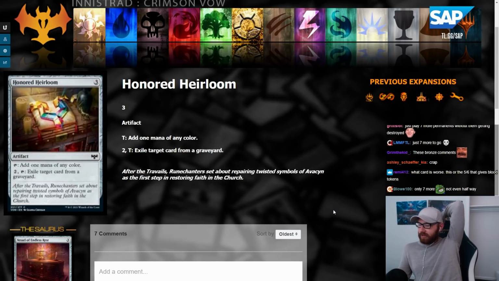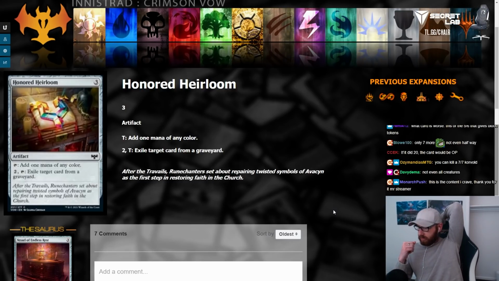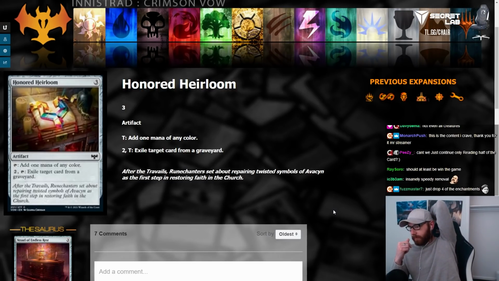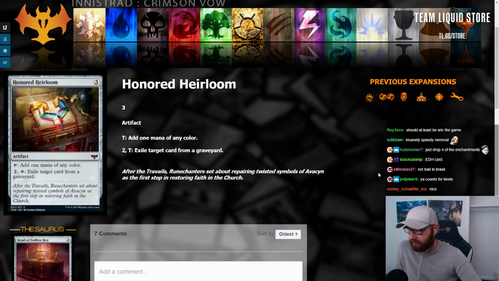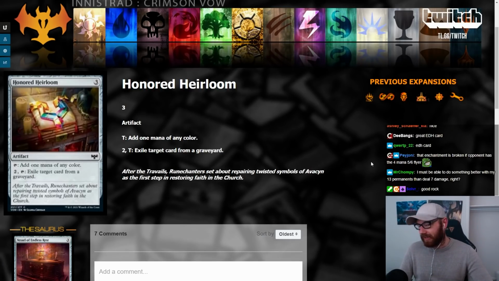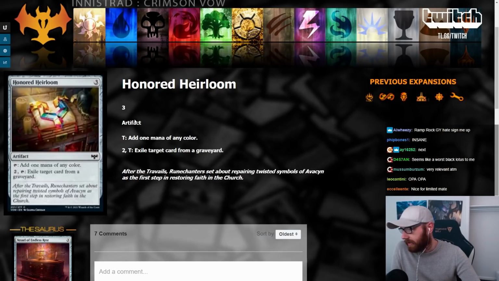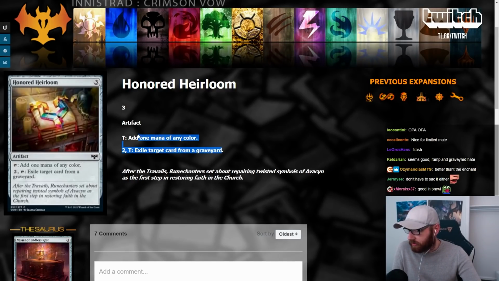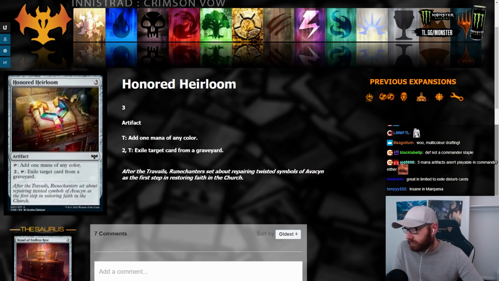Honored Heirloom, 3 mana artifact, tap, add 1 mana of any colour, 2 exile card from graveyard. Wow. That's one of the best of, like, common? That's pretty good, man. I mean, you're not going to play this in, like, standard or something, but there's one of these 3 mana artifacts every set, and that's one of the better ones. Commander staple, this one? Is there not...